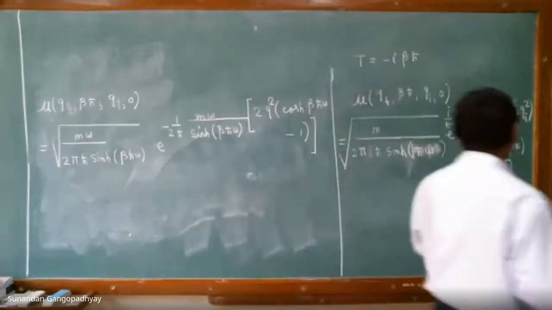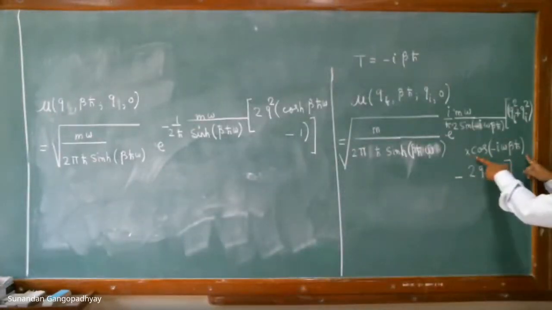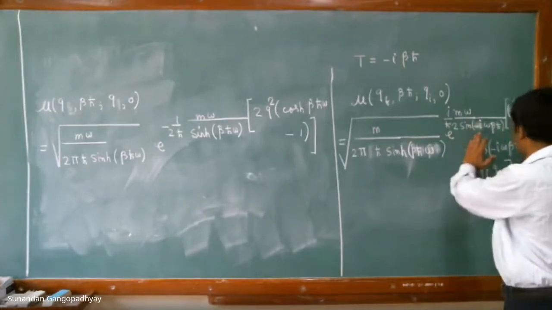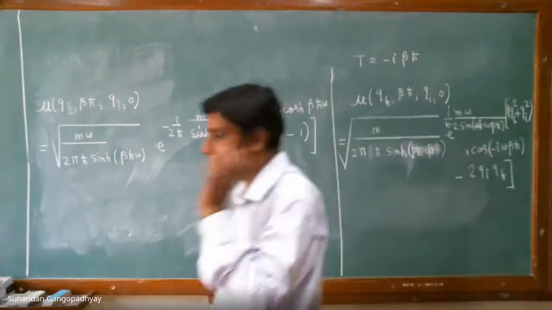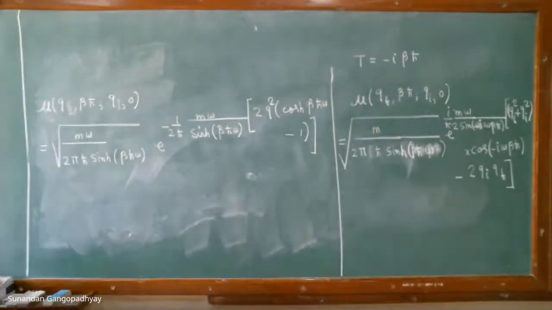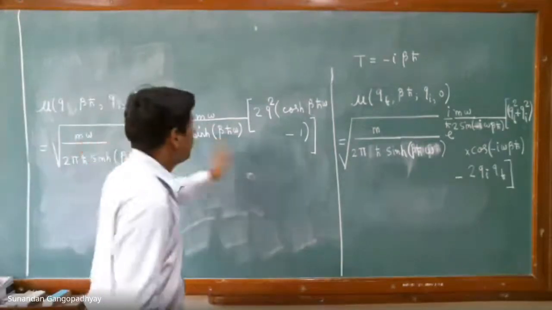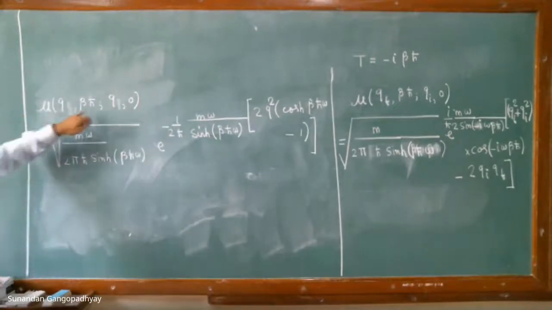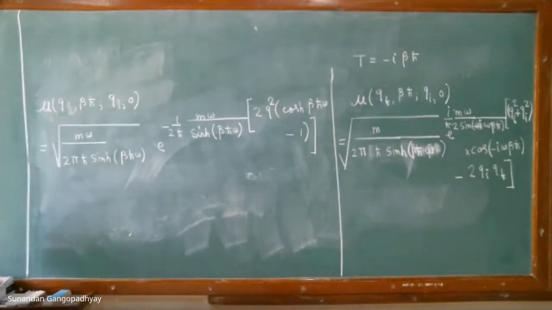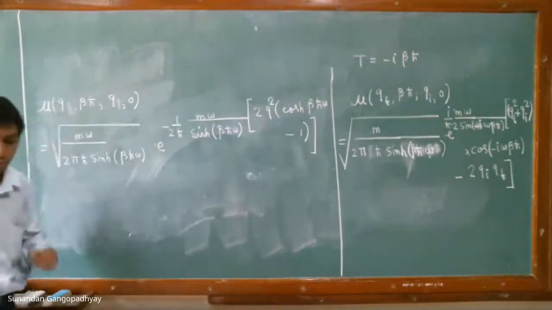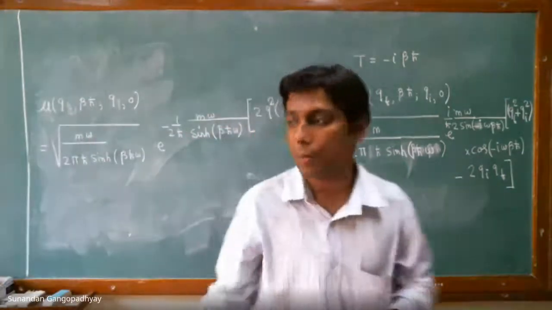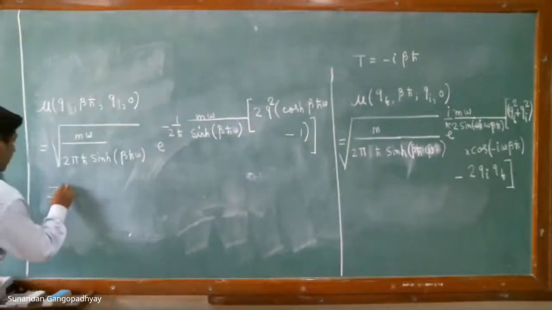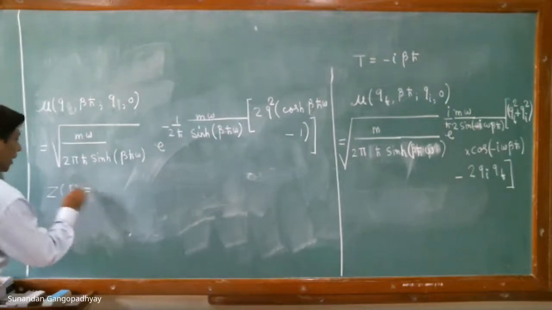So if you again do the same algebra, you just convert these two exponentials and combine it with this I, and you can write it down as a cos hyperbolic thing, and therefore you will have this result. Remember that this is the propagator with these two set to the same value. This qi and qf is set equal to q, because that is what enters into the expression for the partition function. So once you have the expression for the propagator, the partition function is now simple to calculate.